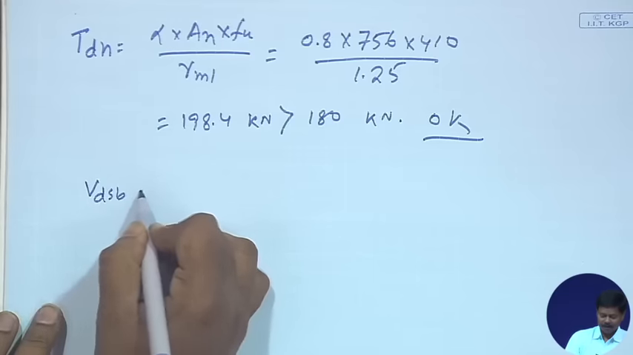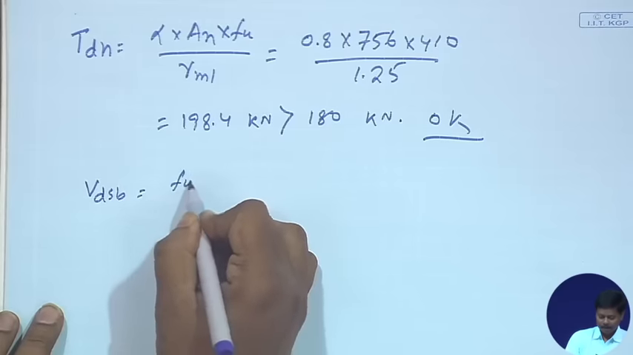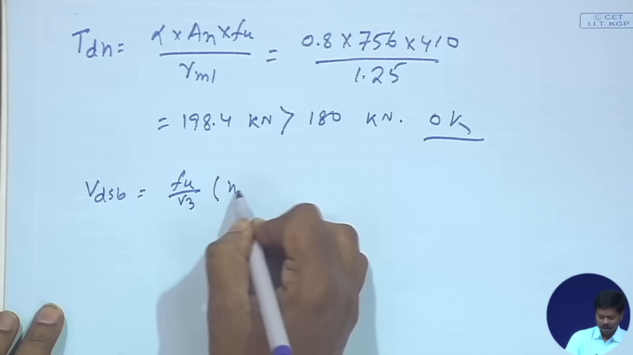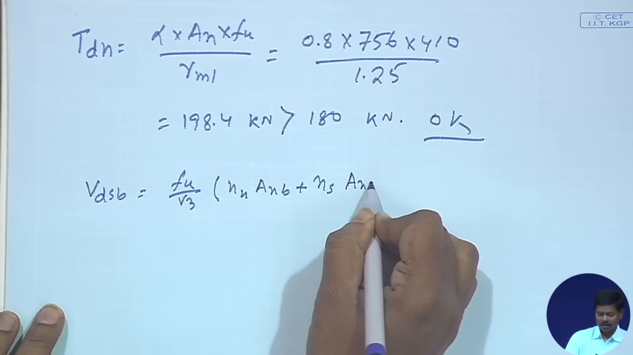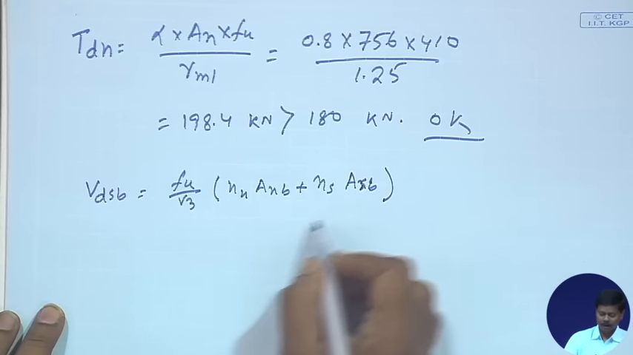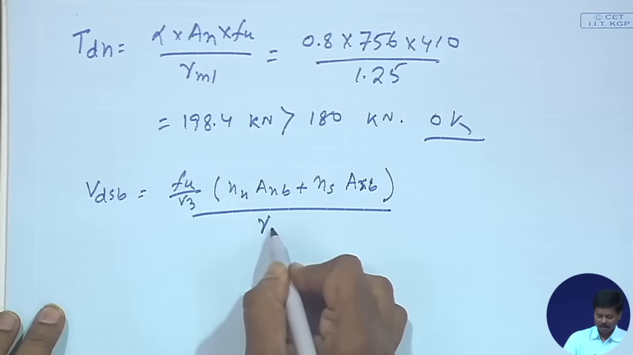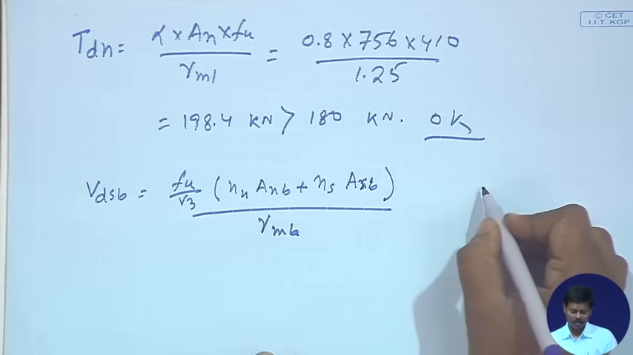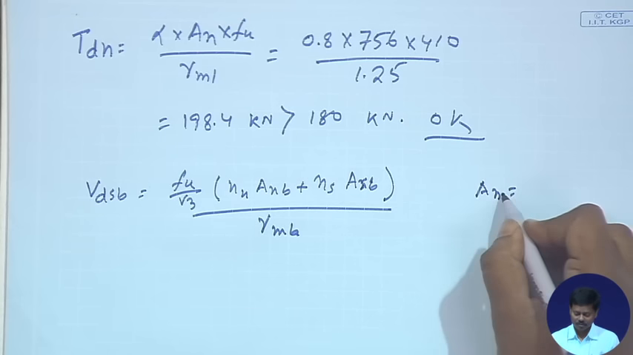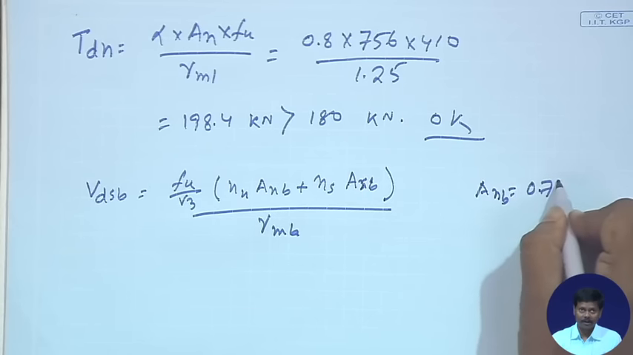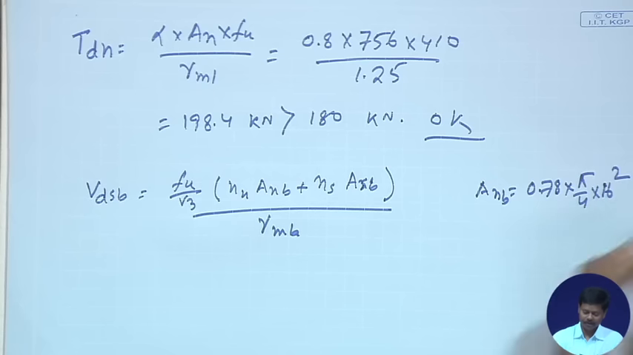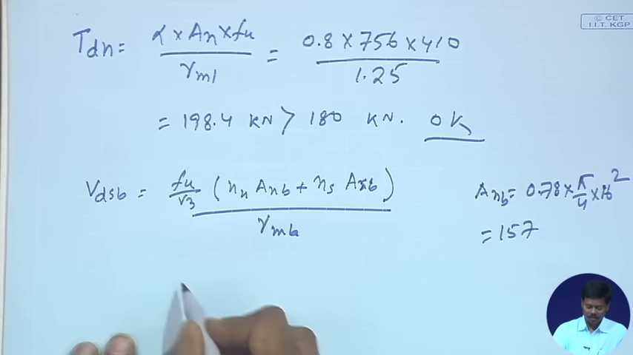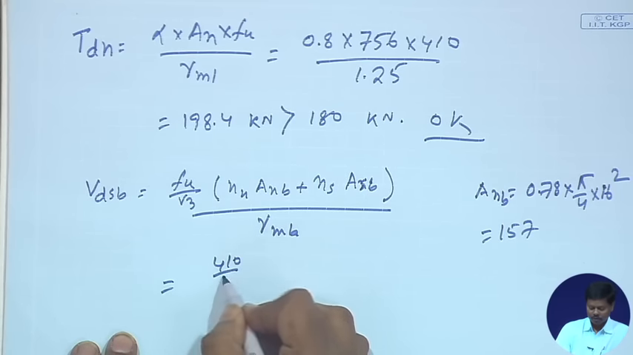So, VDSB, if I find out, that will be FU by root 3 into (N_n A_nb + N_s A_sb) by gamma MB. Here ANB is equal to 0.78 into pi by 4 into d square, d is 16 mm, right. So, this is coming 157. So, if I put this value, it will be,